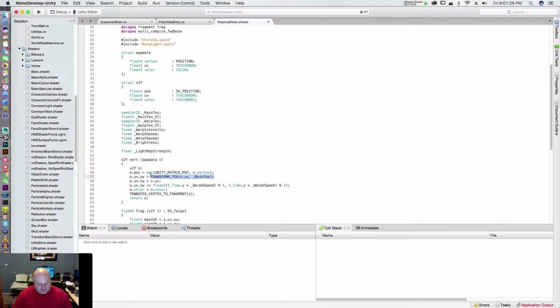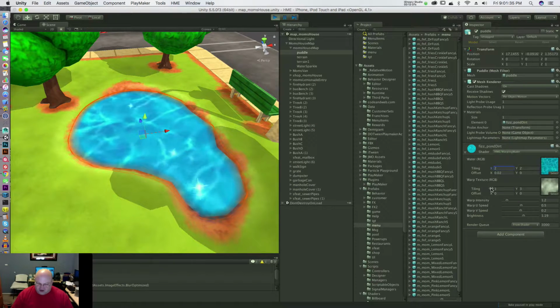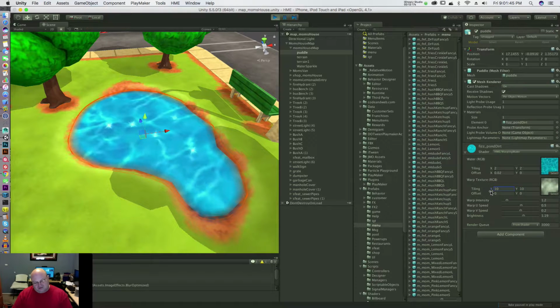I realized after I did this, I actually took out that transformation, but then I realized if I leave that in, what that lets me do is I can increase this and make the water tighter, right? So the higher I make these numbers, the more tight the water effect becomes. Although you will see repeating in that. If I go lower,